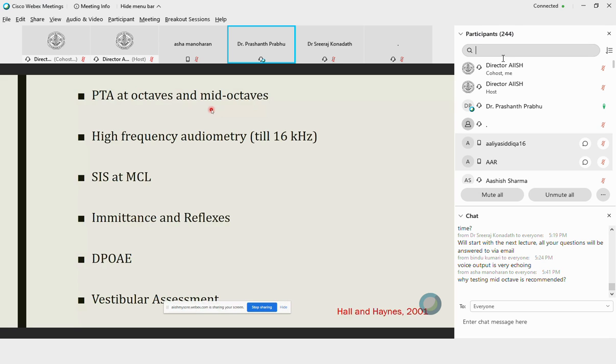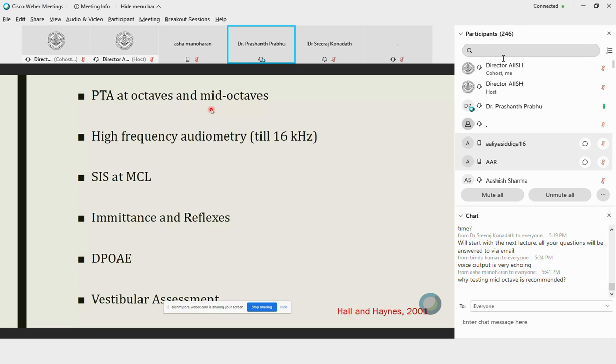Emittance and reflexes: in the majority of patients with hyperacusis, we may not be able to do it, because even if I have to do a tympanometry, the probe tone is 226 Hz, 85 dB SPL, that amounts to approximately 55 or 60 dB HL. So that may be intolerable to a few patients, and I may not be able to do emittance. If I do emittance and want to do reflexes, always use an ascending method, start from a very low intensity, maybe 55, 60, and then move ahead. So try avoiding it if possible, but if you have to do it, then do it in a careful way such that it doesn't make the person more